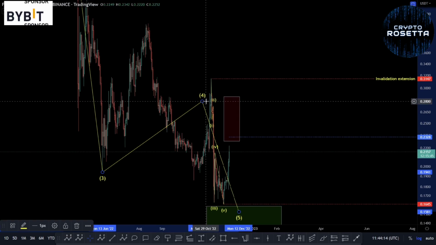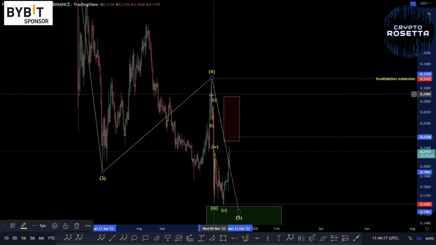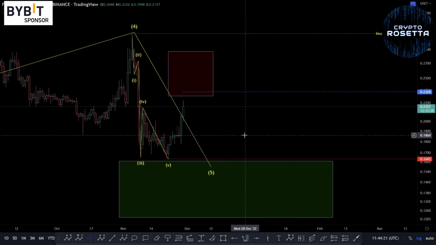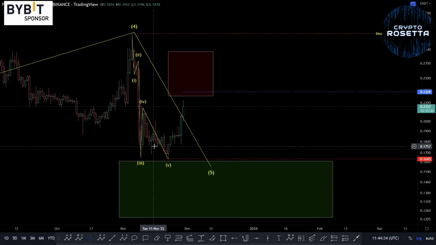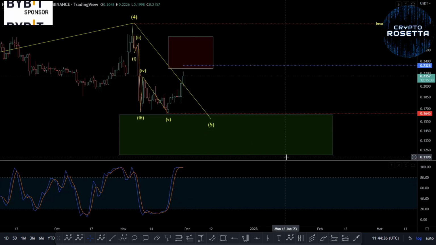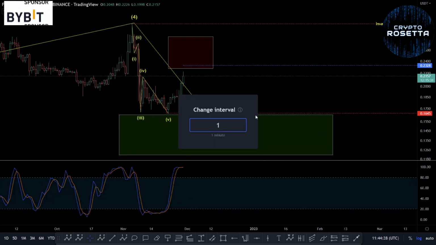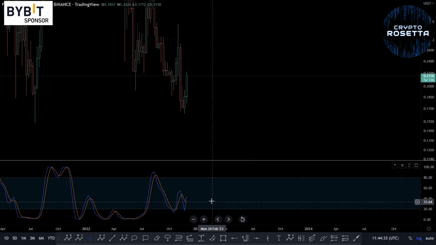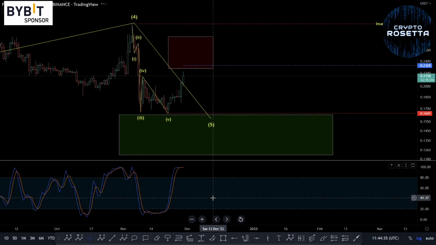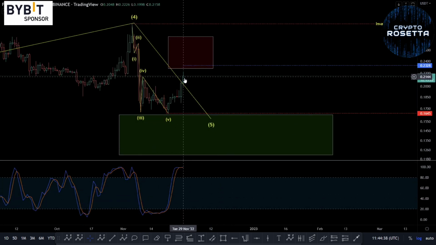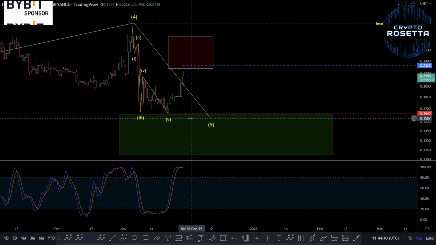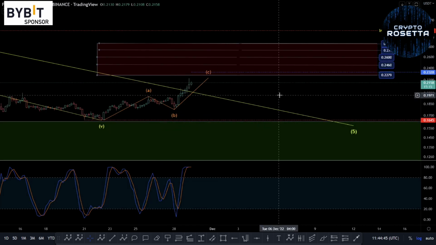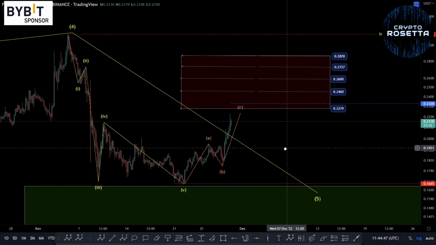So if we have a look at this now, this is obviously looking at the fourth wave potential being here. If we're looking at it like this, there is a possibility that this could be completed, but looking at the daily stochastic, and I think the weekly could still go down some as well. So we're just going to have to monitor it really. But with this daily, I think it's got potential that it could still carry on to drop. So that could either be that it's going to a smaller time frame here. Let's get rid of that stochastic and have a look.